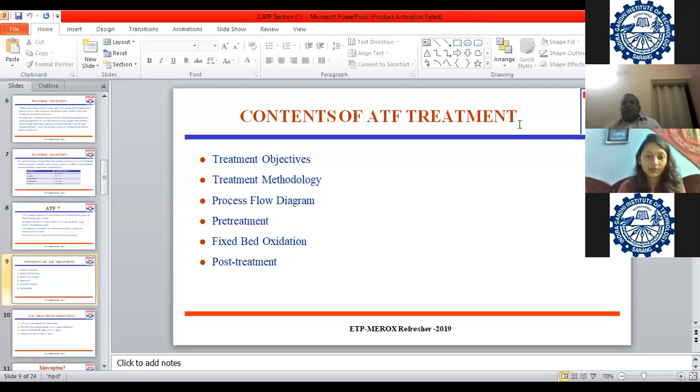So when we are talking about the sulfur content, when we take the feed, high sulfur content will be there, and after treatment the